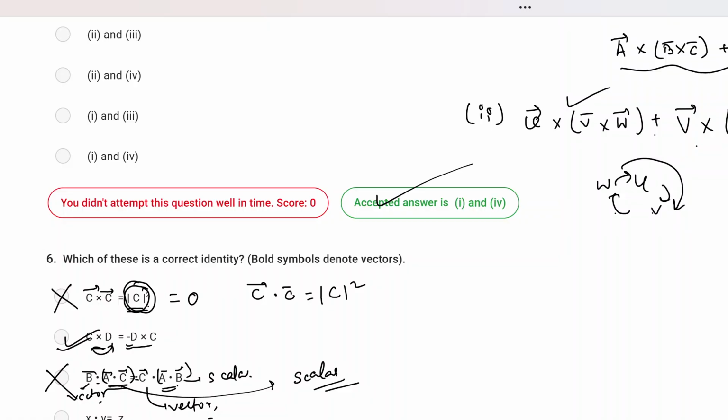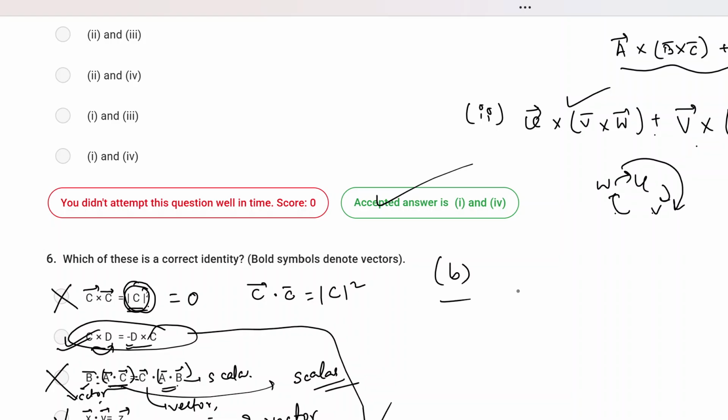Then also x dot y equal to z is incorrect, because x, y and z are all vectors. Now if you have on the left hand side a dot product of two vectors, this automatically makes it a scalar, whereas on the right hand side they are giving you a vector. A scalar cannot be equal to a vector, so this is also incorrect. So the only correct statement is this one. This is also a vector identity for the cross product rule. That is your correct answer. So the correct answer is B here.